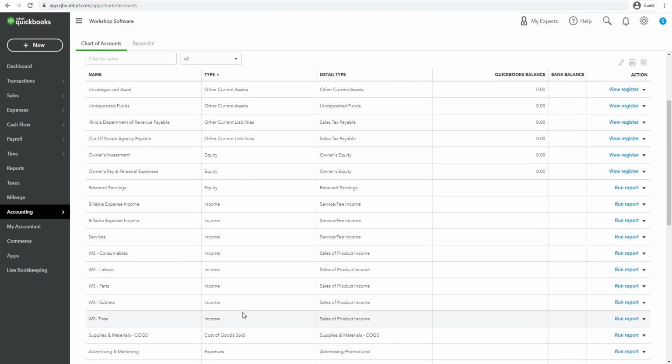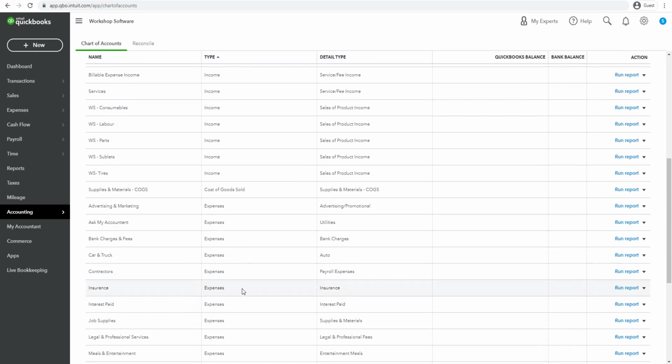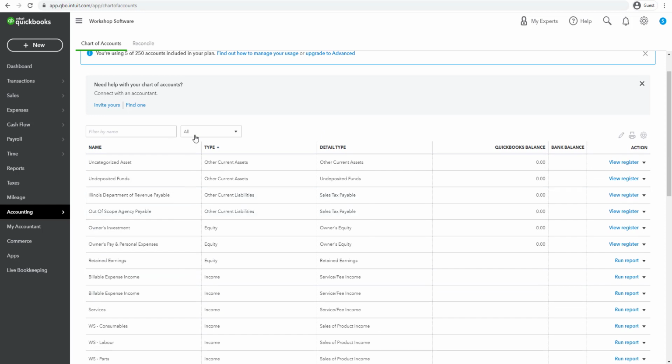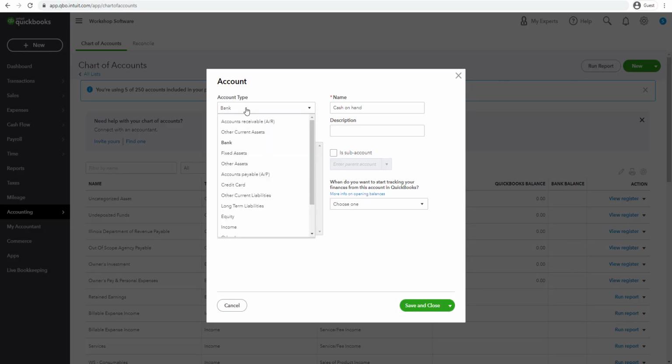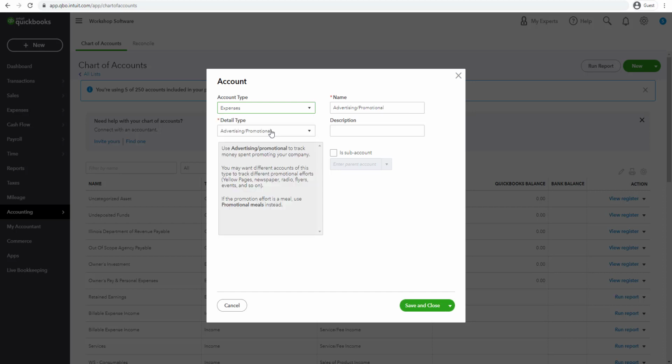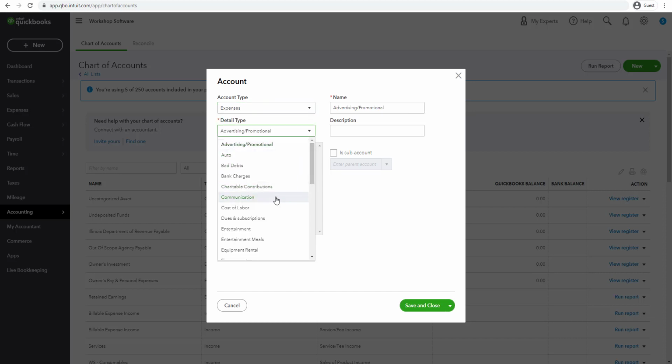The next thing that I would do is I would come in and I always want to have a cost of sales account. So if I come in, look for an account, I'm going to create one. Okay, and again, it's going to be a slightly different account from income. It's going to be expenses. All right, I come in here and it's going to be,